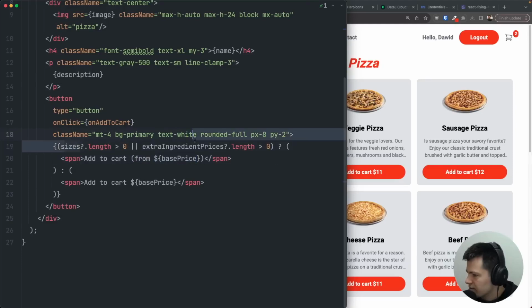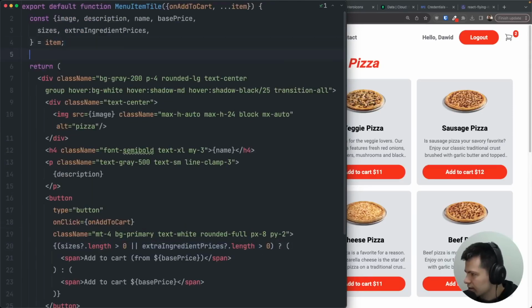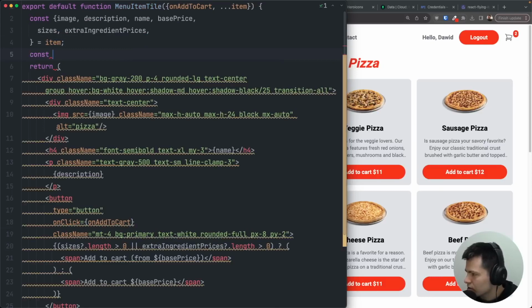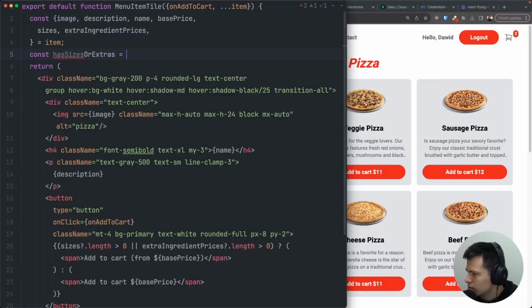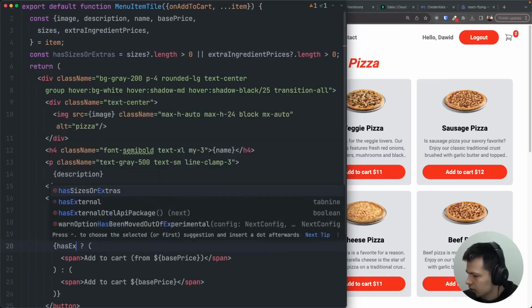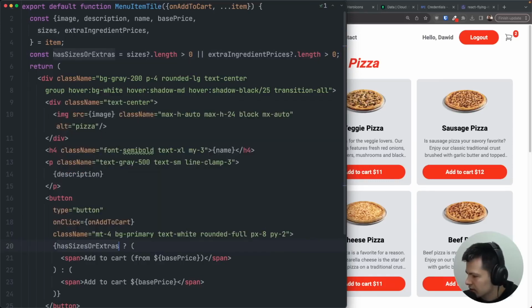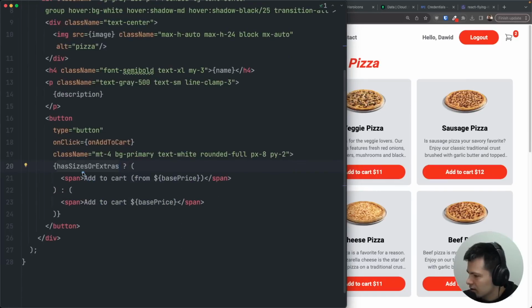Here we are checking if we have extras or sizings. Let's put this as a separate constant here. const hasSizesOrExtras equals this, and now I can use it instead of this. If hasSizesOrExtras, then we are showing from this price,